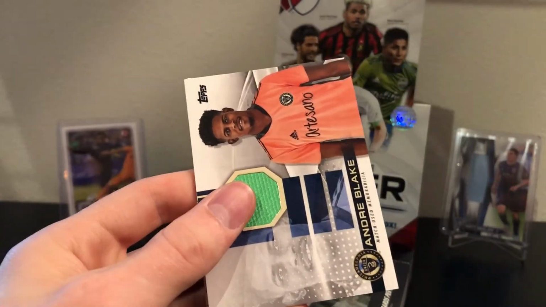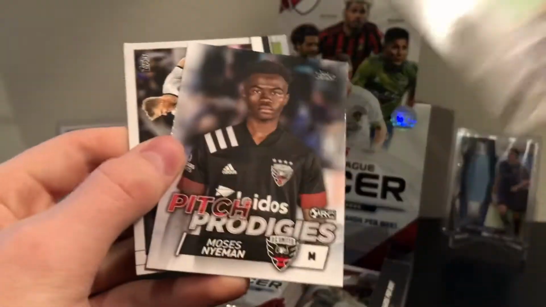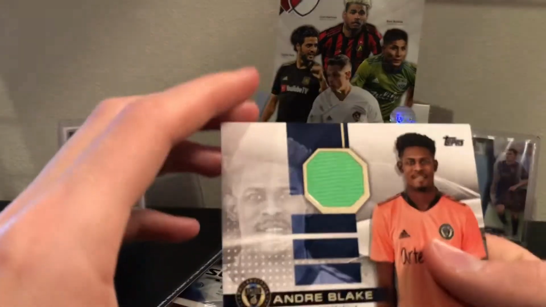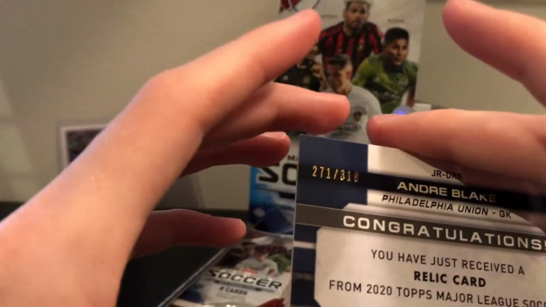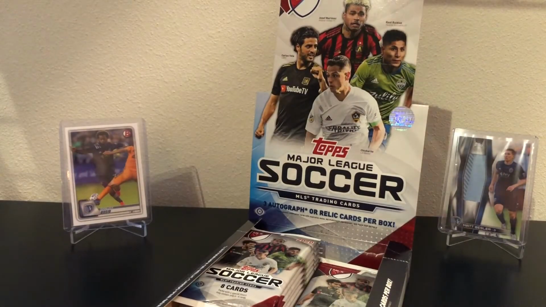Ooh, here we go. Final mem card here. Again, these things are just not thick. You really can't tell. Anyways, we've got Andre Blake. Always interesting when you get a goalie mem because you get the different color there. 271 of 319. So far they've all been numbered to 319. But yeah, Andre Blake,